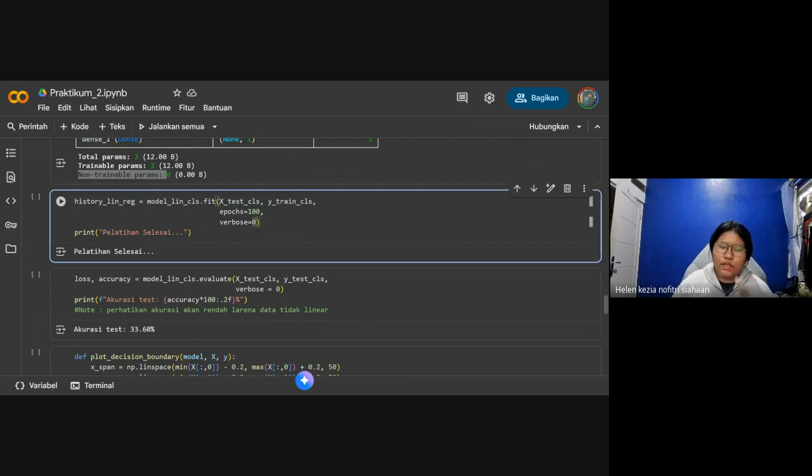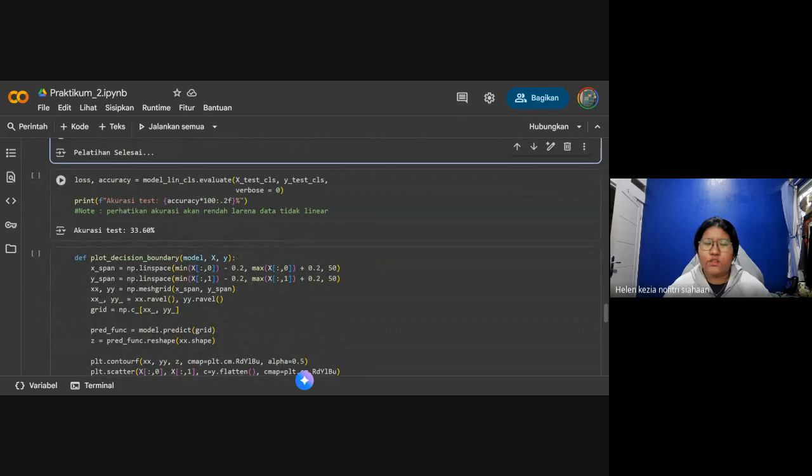If you type in here 1, it will make a longer output to listen, but it was still the same. For the loss and accuracy, we're using model_lin_class.evaluate with x_test_class and y_test_class with verbose 0. And the print out is accuracy test with accuracy.